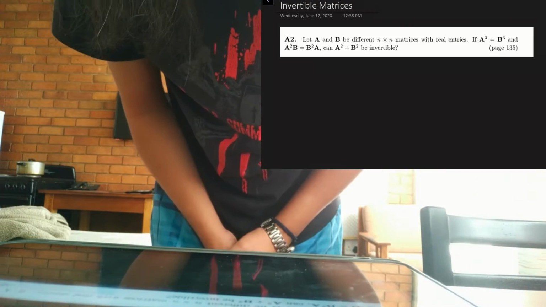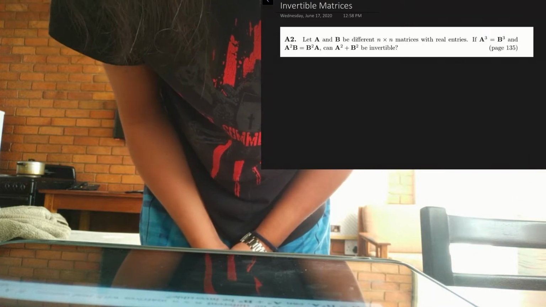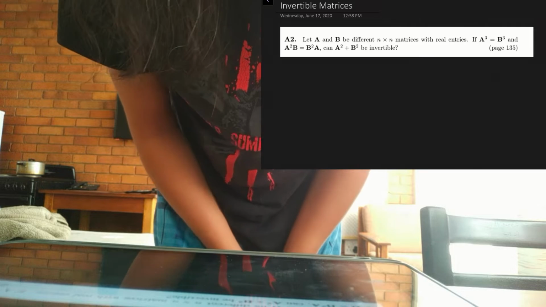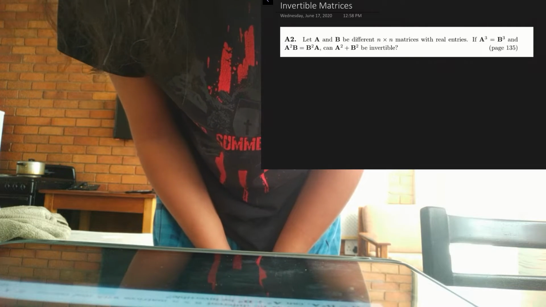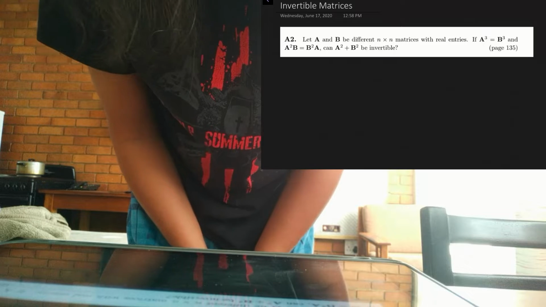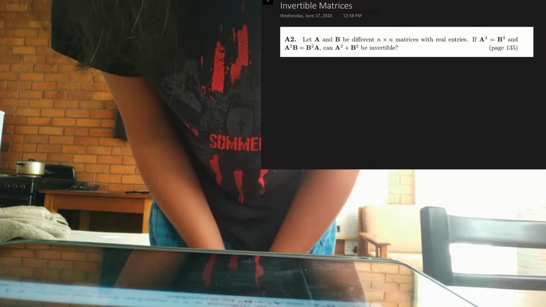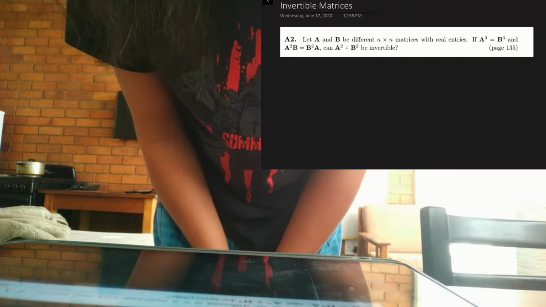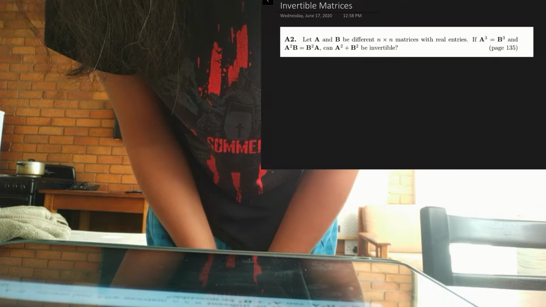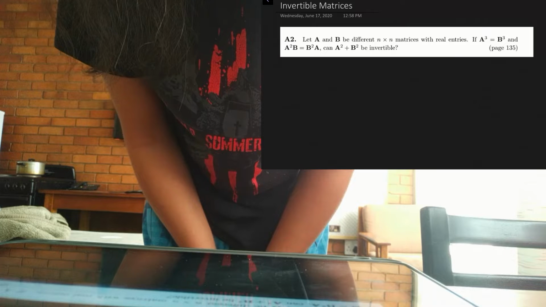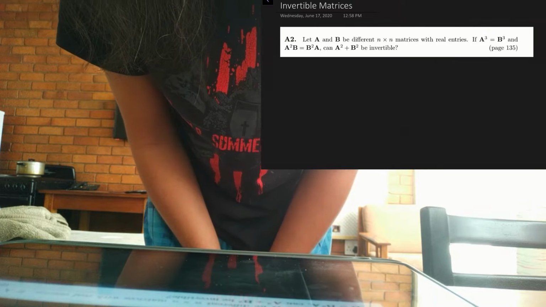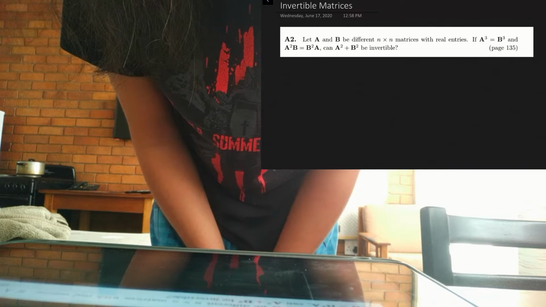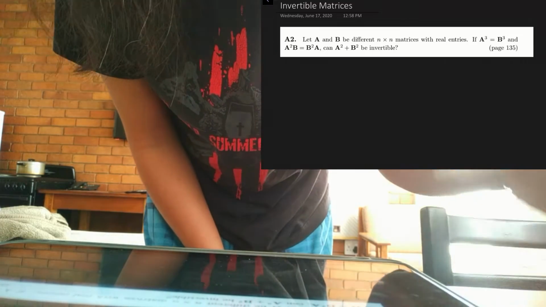So our Putnam problem today comes from Putnam 1991. It reads, let A and B be different n by n matrices with real entries. If A cube equals B cube and A squared B equals B squared A, can A squared plus B squared be invertible? Okay, so we are asked if we can invert the specific matrix A squared plus B squared, and then we are given that